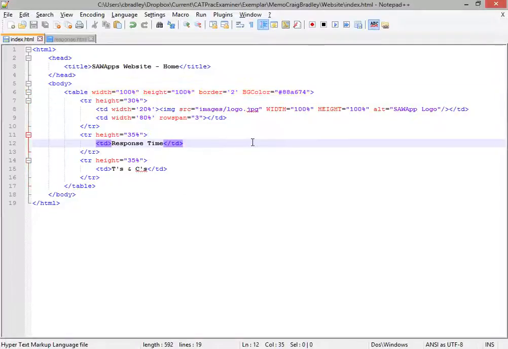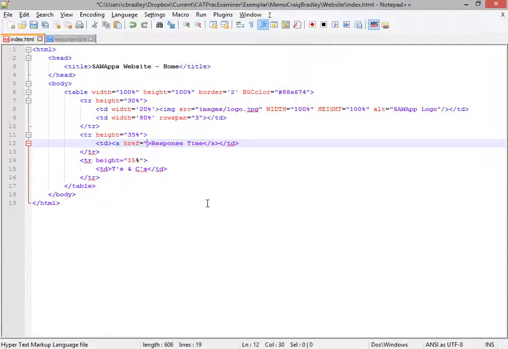So, okay, the response time here should be hyperlinked. How we do a hyperlink is we put an A tag, and obviously we close the A tag at the end of the text that we want to hyperlink. So anything in between these two tags, the open tag and the close tag, everything in between that text must link. And we use the href property, okay, I might as well code in small, inconsistent letters, is equal to,